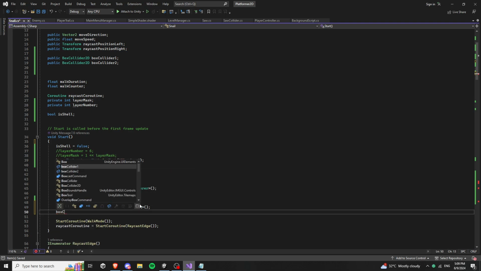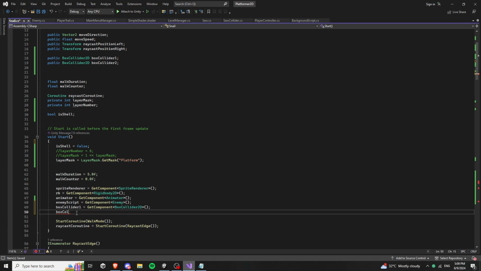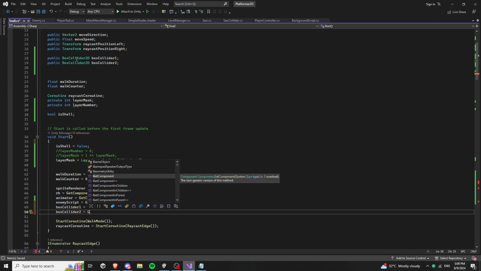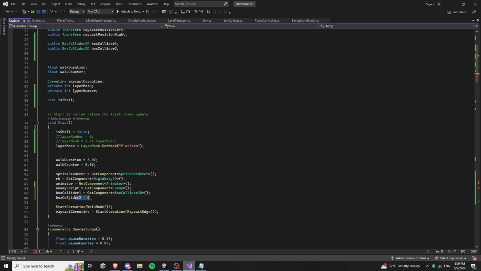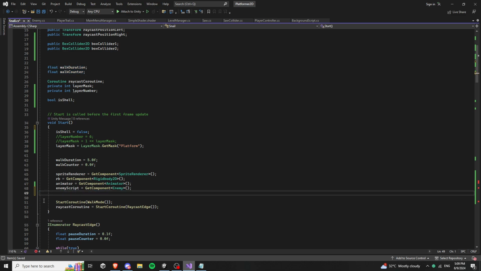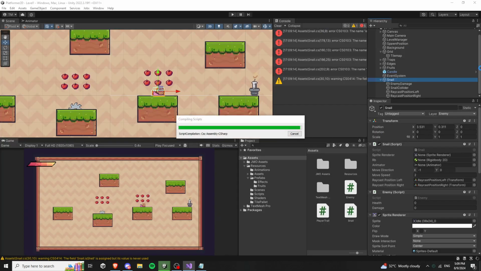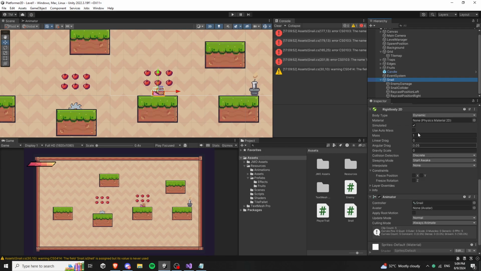And the other one is on the first child of this object. And now that I think about it, we don't need code for this. We can just drag and drop this in the inspector, like